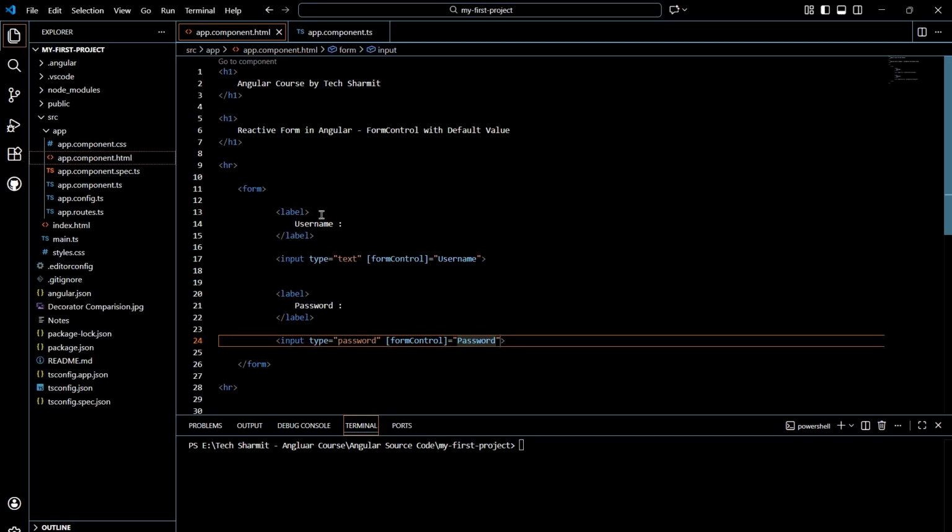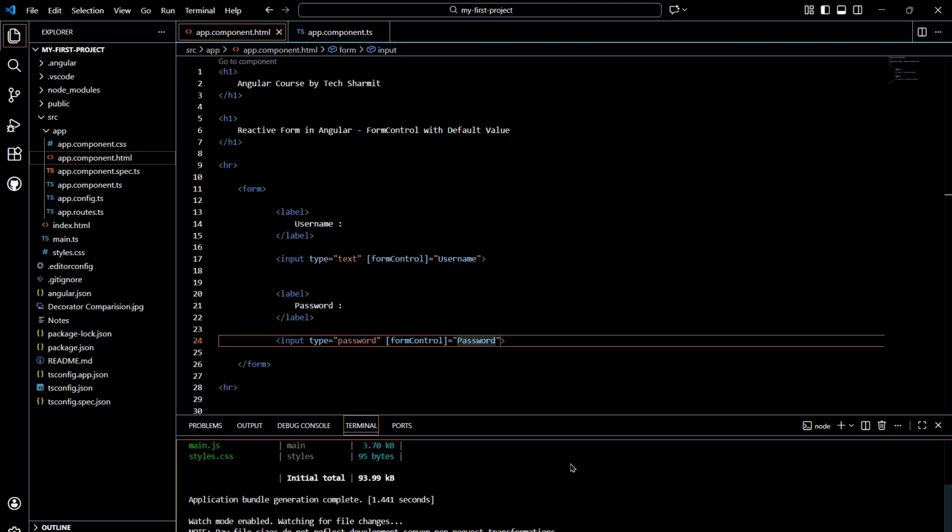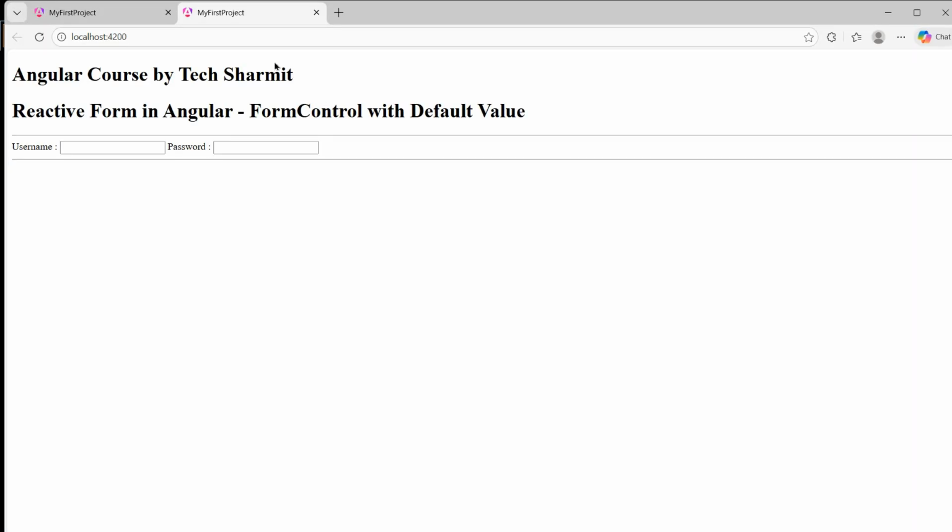That's it. So we have one label with one input field, another label with another input field. So let's run the application. ng serve --open, enter. Just wait for a few seconds and then it will show you the output in the browser screen, where we